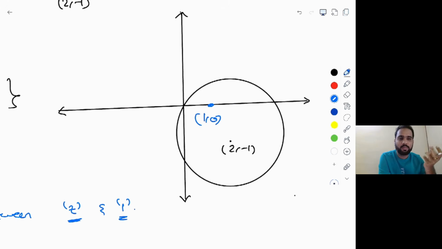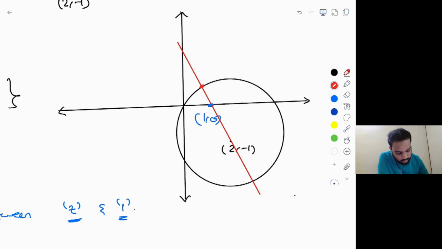But from the concepts of circles, what do we know? If there is a point somewhere here like this in this question inside the circle, and if we have to minimize the distance of that point from a point which is lying on or outside the circle, it has to be along the normal drawn to the circle through the point 1 comma 0. Okay, because the shortest distance always occurs along the common normal, right? So let's take the normal,